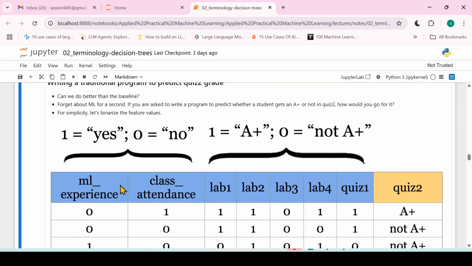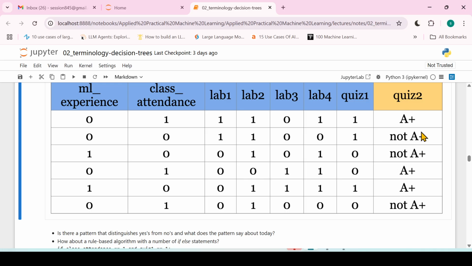So here, if you have to write a simple logic to predict A plus and not A plus, what we can do is say that if a student has 0 ML experience, class attendance 1, lab 1 is 1, lab 2 is 1, lab 4 is 1, and quiz 1 is 1, then the student will get A plus. Or you can simply say that if the student has ML experience 0 and class attendance 0, and lab 3 and lab 4 as 0, then he's likely to get not A plus, right? But again, here